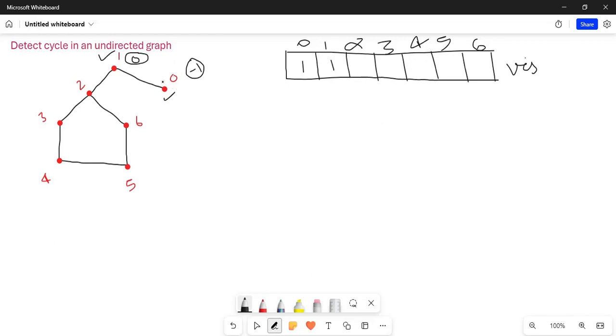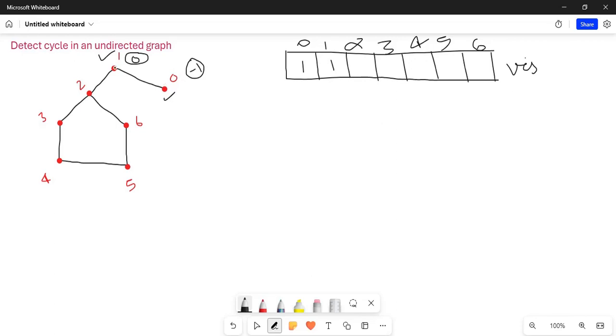If this 0 is visited, let's check whether it is the parent. If 1 called its child, and that child is already visited but not equal to the parent, that means a cycle is detected.